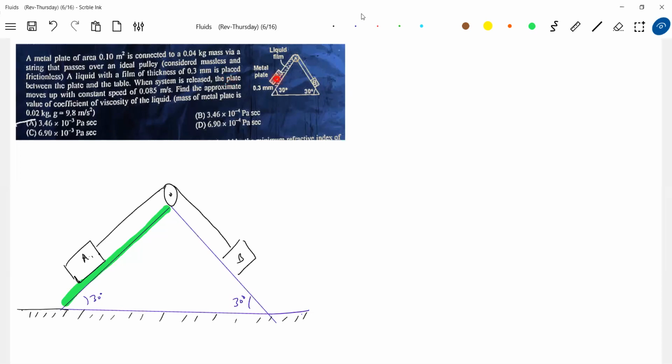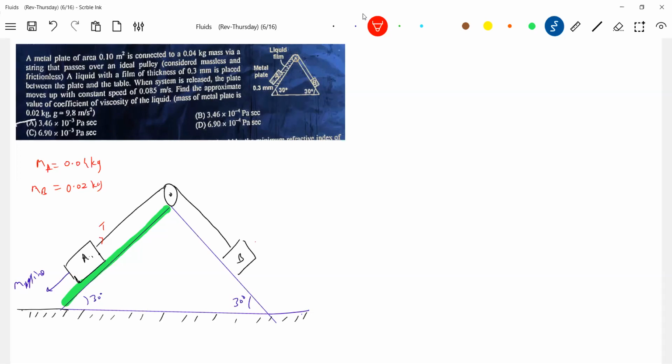I think the metal plate is telling there are two things. Here also again, mass of metal plate. Okay, we'll do one thing. This is heavier, this is lighter. Based on this, this will be MA. Two metal plates are there. MB is 0.02 kg. Okay, just straight away, forces: MAg sine theta.